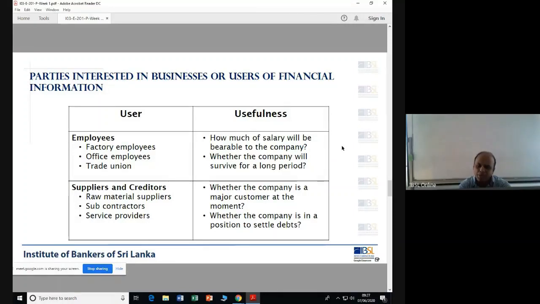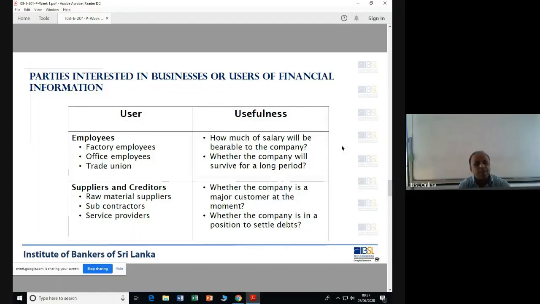But if the company is not performing well or they are making losses, what is the guarantee that you will get the payments for your supplies or services that you have provided? So these suppliers and creditors would be interested to know whether the company is a major customer at the moment,